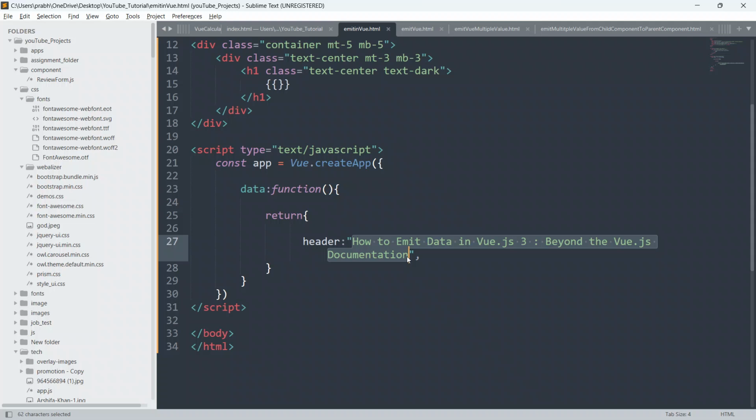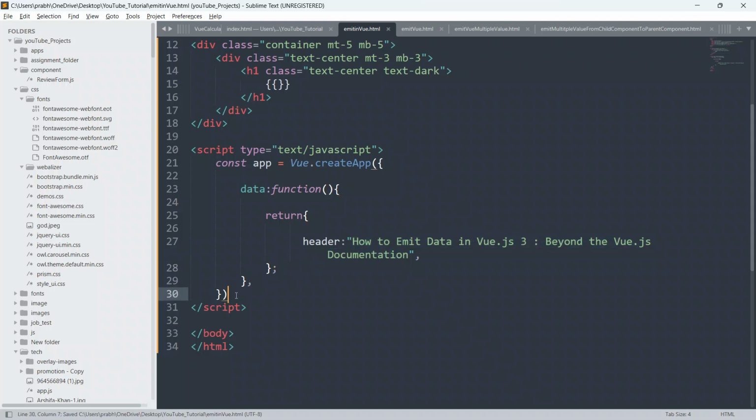Guys, if you are new to Vue.js 3 and want to learn what the emit function is and why it is so important in Vue.js 3, after watching this video you will master how the emit function works, and how we can send data from the child component to the parent component using the emit function. Using the emit function we can also create a custom event, which we use to send data to the parent component. First of all, put a semicolon and a comma here.